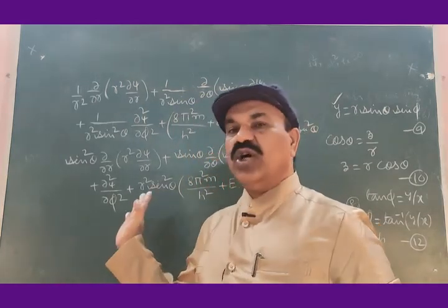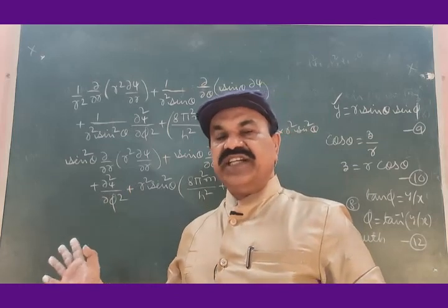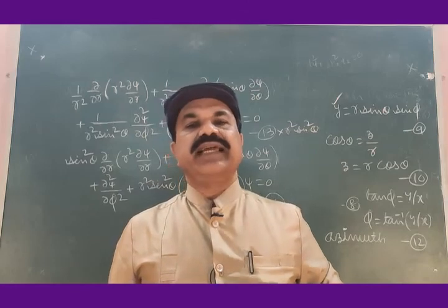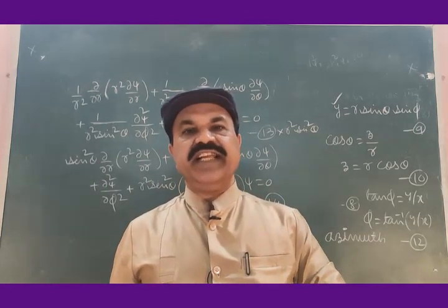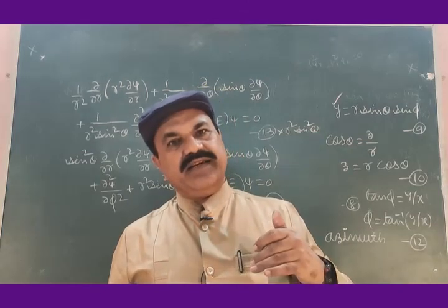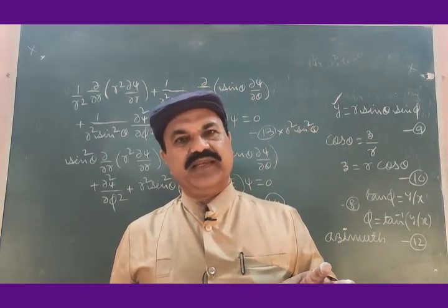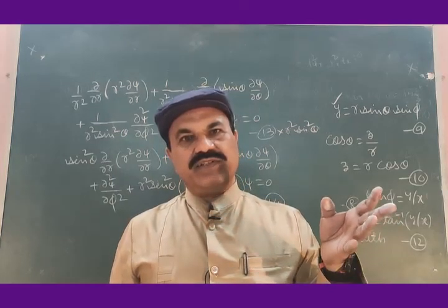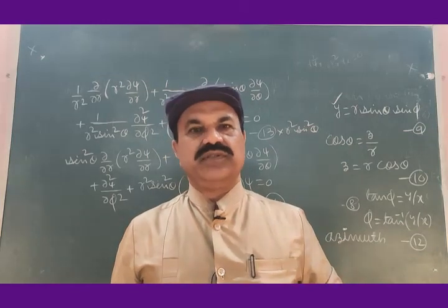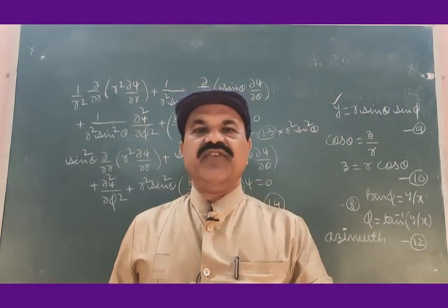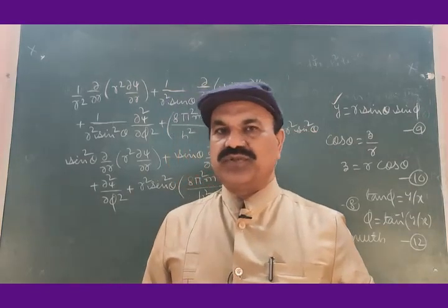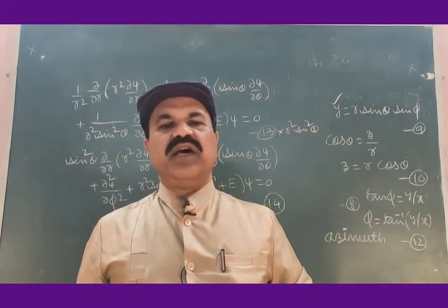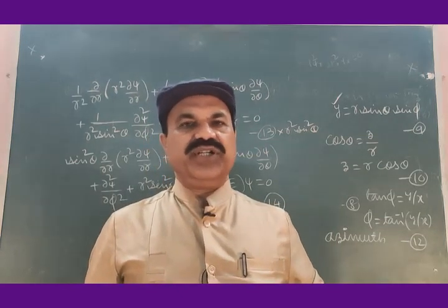This equation can be solved for psi. Once it is solved, this wave function psi for the hydrogen atom can provide all the needed information, and the physical quantities of the hydrogen atom can be found by using the wave function psi. This is about the Schrodinger equation for hydrogen atom in spherical polar coordinate system. Hope you got it. Thank you.